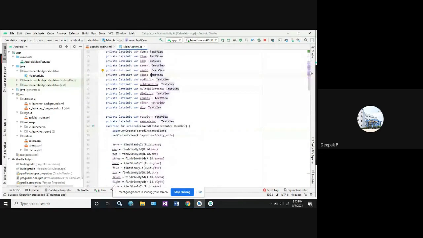Next, after that, we need to load the result part and the expression part. So result, expression. Are you getting it? Next we need to override the function now. Okay, before we go with this concept, let me show you the functional part first.